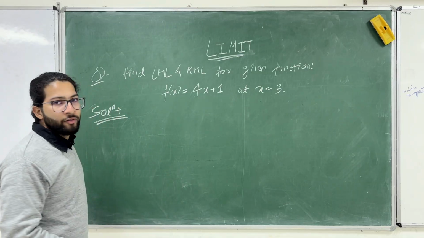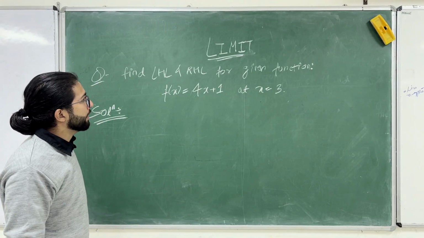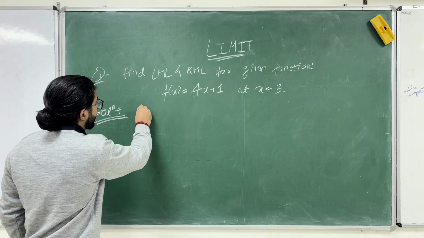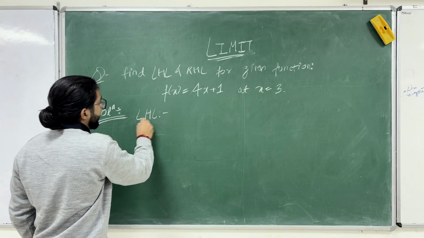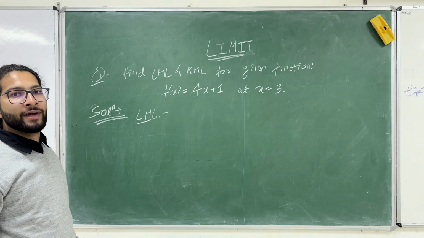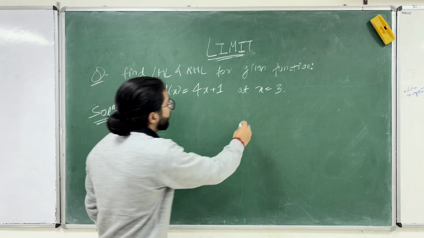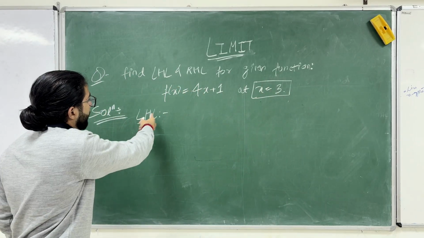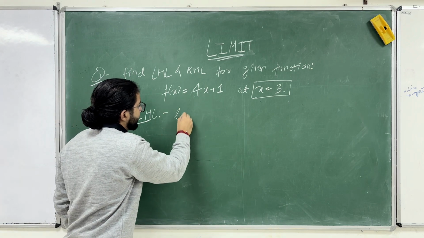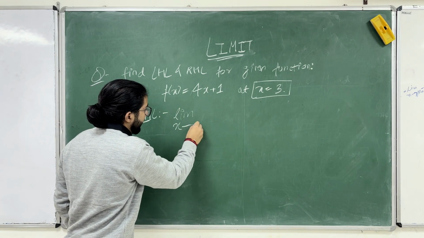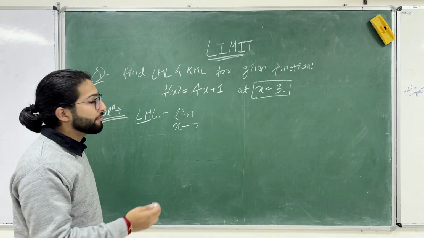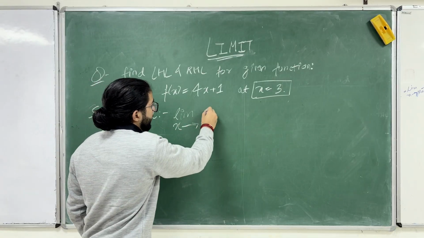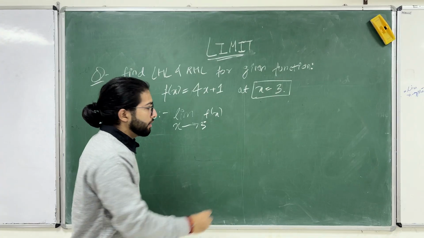Now it's a question written there, we have to discuss how we can find LHL and RHL. So our given function is f(x) is equal to 4x plus 1. So let's start from LHL, which is left hand limit. First of all we should identify the point at which we have to find. So we have to find the LHL and RHL at the point x is equal to 3. So first of all, how we can write LHL, as we have discussed, limit x tends to x naught, or at the point we have to find, it's given 3 here, left hand limit, so minus f(x)